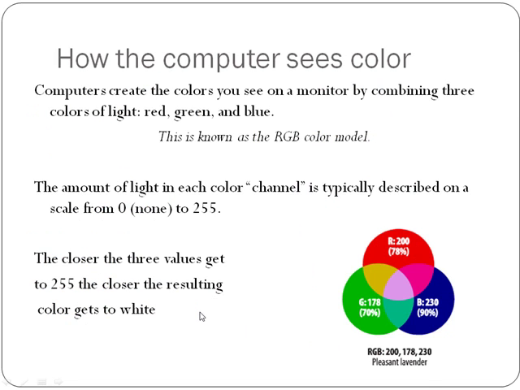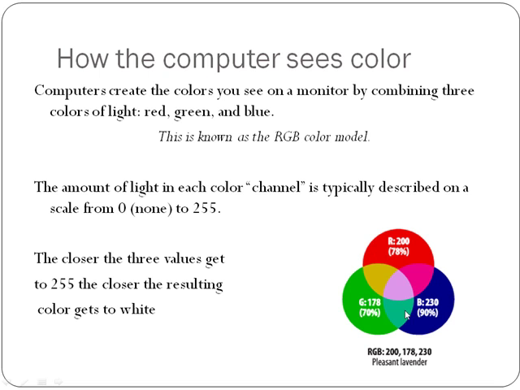The other way of inputting color that's quite common is to use the RGB color mode. And this is how our computers see color. Our computers see color on the monitor by combining three lights of color: red, green, and blue. So R, G, and B. Each one of these has from 0 to 255 of color. We think of 255 as being the color at full blast. The closer the three values get to 255, we're going to get closer to white. If I have my R at 255, my G at 255, and my B at 255,